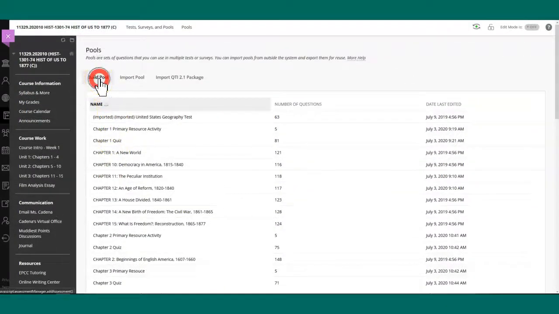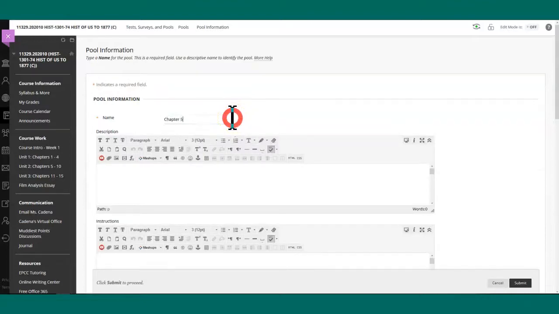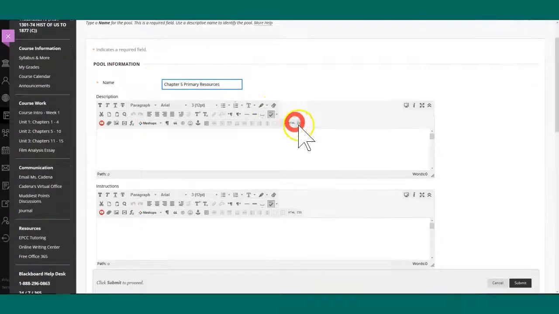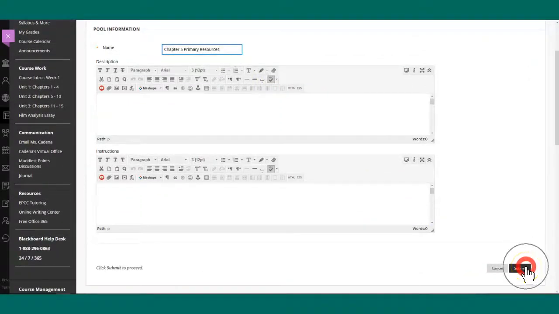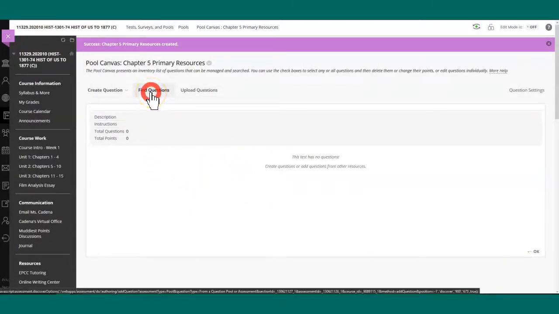You're going to select Build Pool in your test surveys and pools, and you might want to do this in a master course. I'm going to click there, and I'm going to give it a name: Chapter 5 Primary Resources. I'm going to convert that test or that quiz into a pool. I give it a name and I hit submit at the bottom right hand corner, and I have an empty test canvas here. So I'm simply going to go to Find Questions right here,